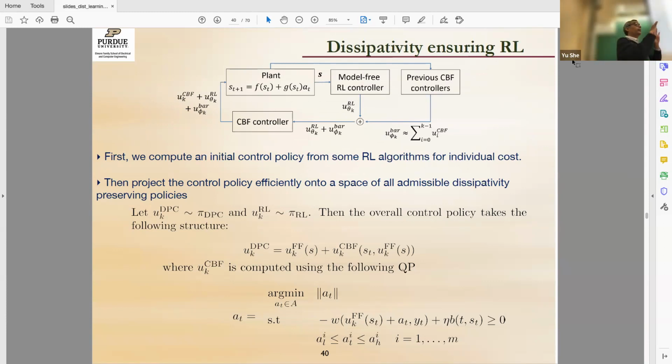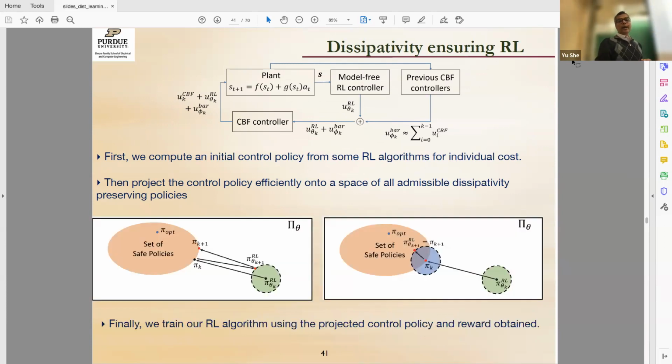Notice that if I'm thinking in the original context, the distributed system, different subsystems might have different reinforcement learning controllers. So we don't make any assumption of either knowing the cost or dictating to them what reinforcement learning algorithm they should use. Everybody can do this. And once you do that, the reinforcement learning gives a control input, you project it, go back and either explore from this side, or keep exploring here. And ultimately, you train your algorithms using this.